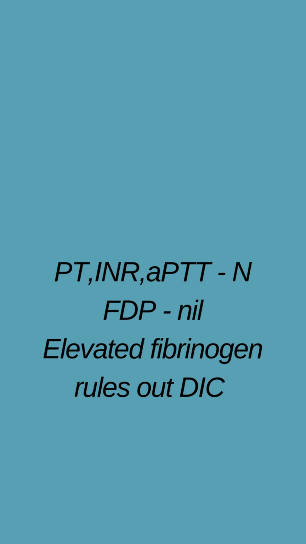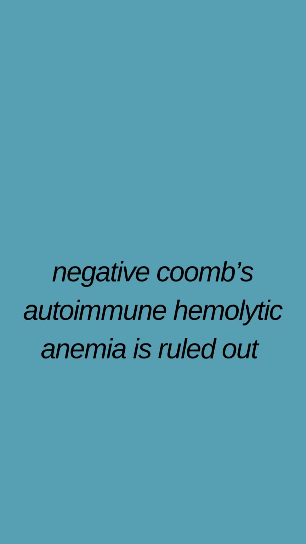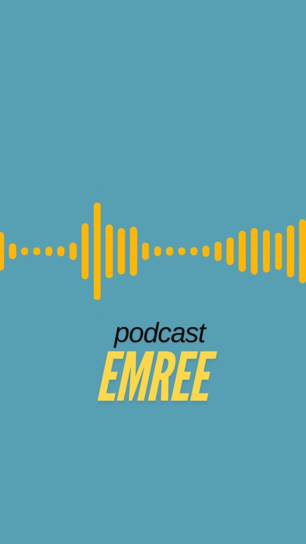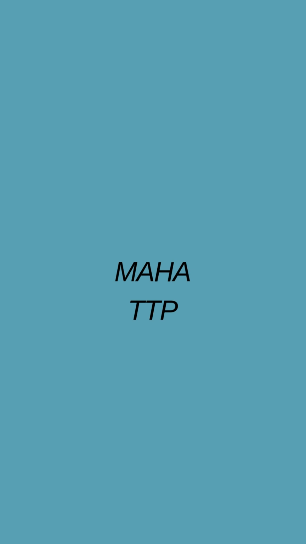So DIC is out of the picture. Negative Coombs test, so autoimmune hemolytic anemia is out of the picture. There is high creatinine, so there is kidney dysfunction, plus indirect bilirubin and an LDH of 1000. These all come together to a diagnosis of microangiopathic hemolytic anemia, which is called MAHA, one of which is